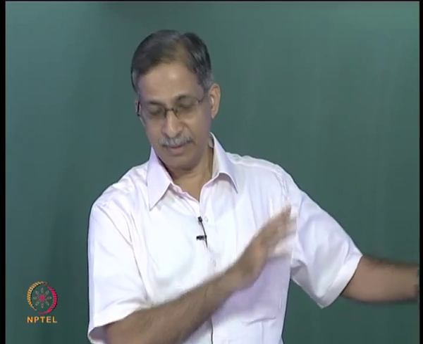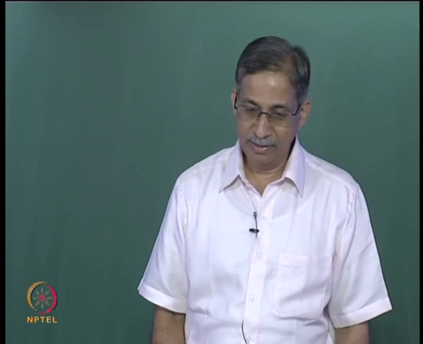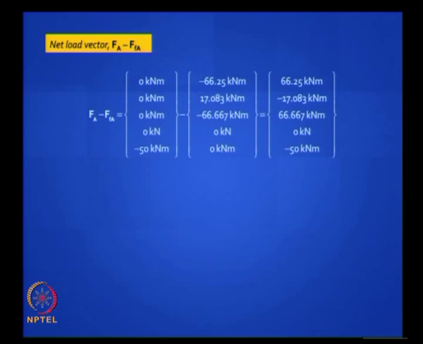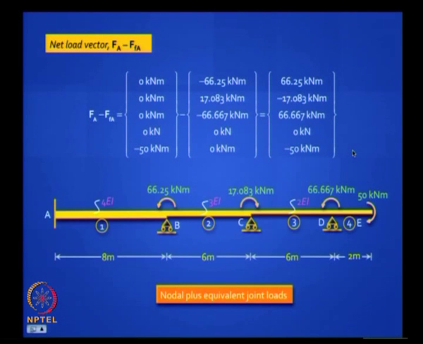Is it clear? But you need both of these, store it, and now we are ready to generate the equivalent net load vector Fa minus FFA. If you remember, there was only one direct nodal load, minus 50 kilonewton meter acting at F5. This is what you picked up from the previous calculation. This is your net load vector. If you want to draw it, it is worth drawing it so you get a picture of what is going on. This is what is happening. Now how do you relate this to the original problem? What is guaranteed if you really got the net load vector? Now you have only F1, F2, F3, F4, F5.